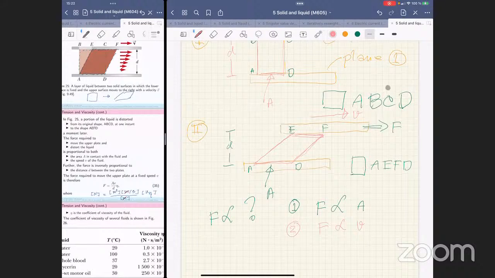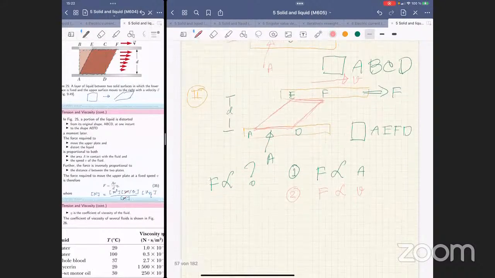And the next thing is that F depends also on the type of that liquid, which is viscosity. F depends on viscosity. There are only three relations. Okay, the third one is F